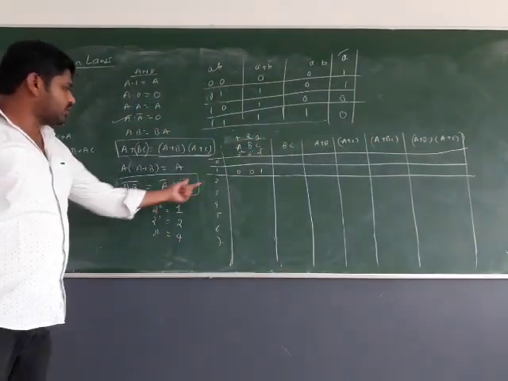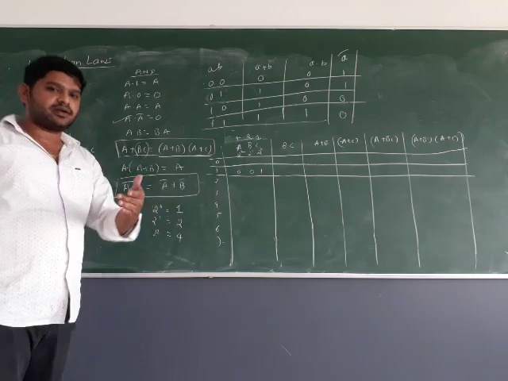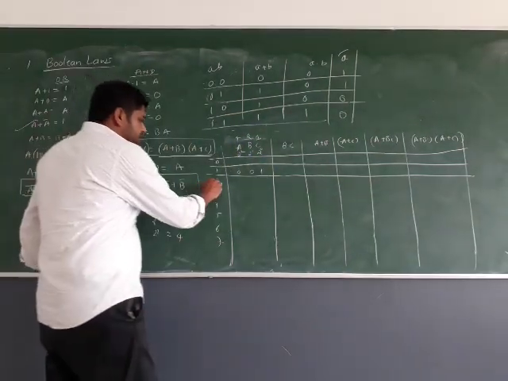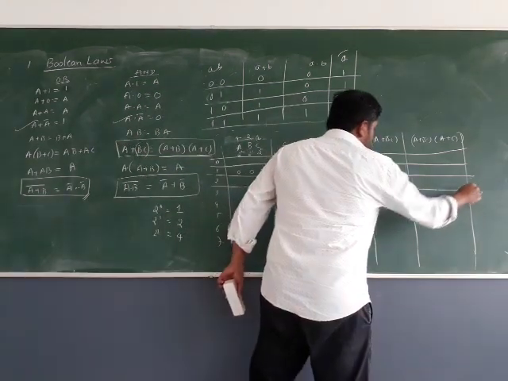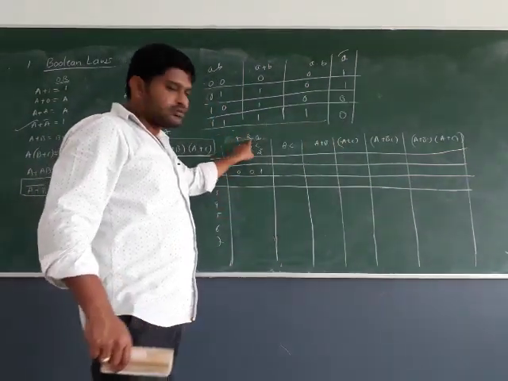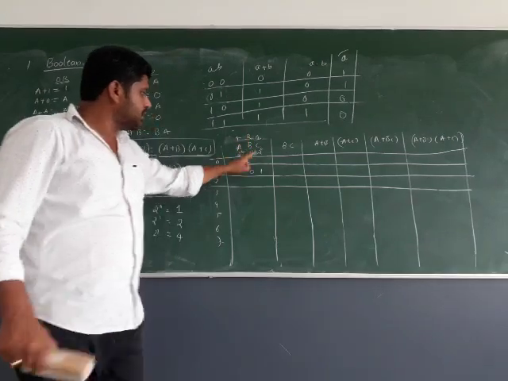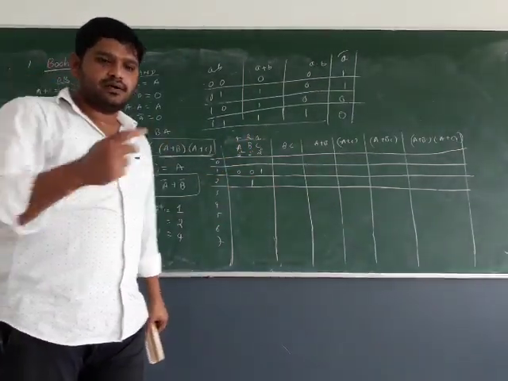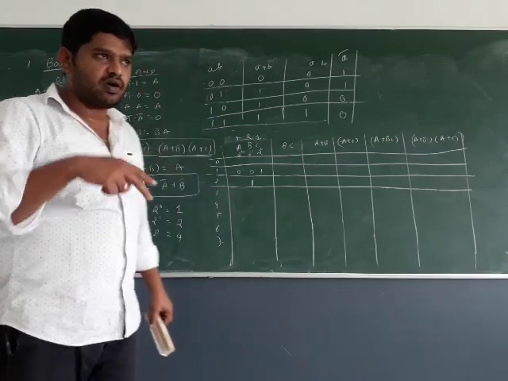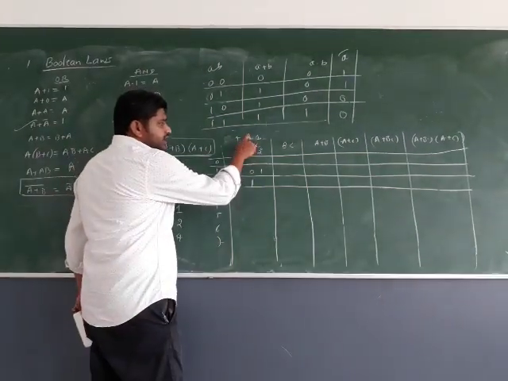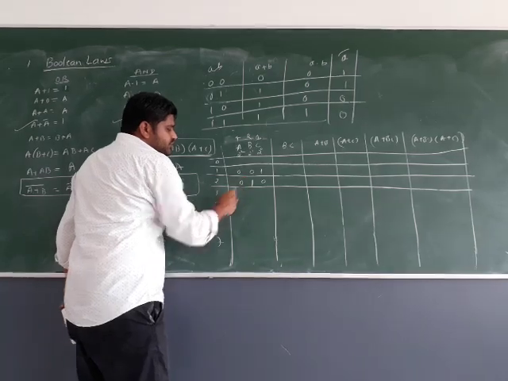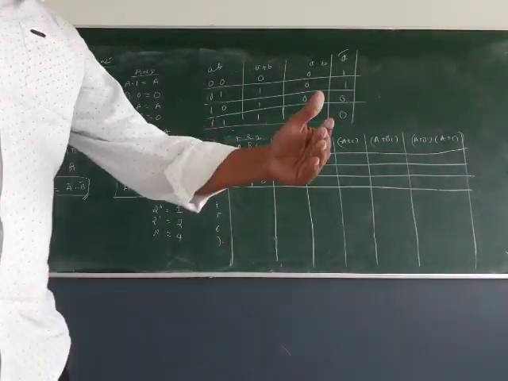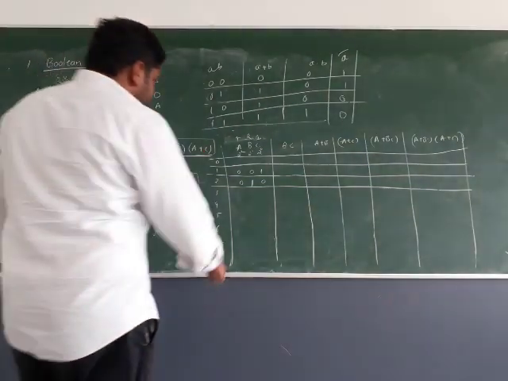Now what is the second requirement? I want 2 kg equivalent. How to get it? Do we have a standard 2 kg equivalent? Yes. What is that? B. If I select B, that will give us 2 kg, or 2 weight. Since I have it directly, I will not choose A and C, so I have kept them as 0. What is the next requirement?